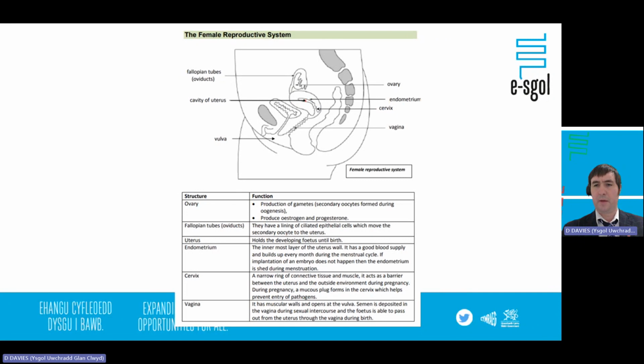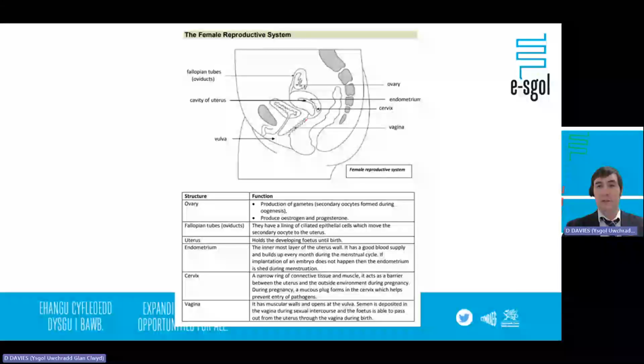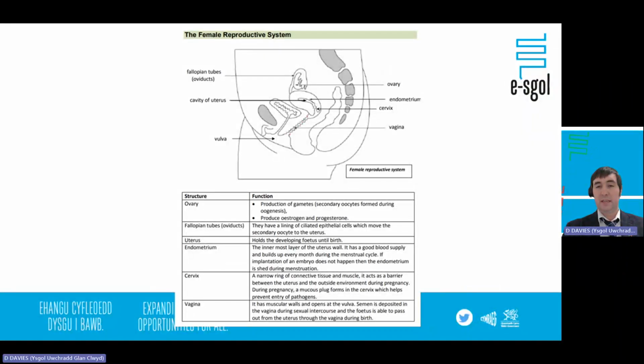goes into overdrive, basically. The cervix is not very obvious here, but the cervix is a ring of muscle at the base of the uterus. That ring of muscle is very strong, and that will maintain pregnancy. Basically it's the gateway to the uterus. That then joins onto the vagina. The vaginal passage here joins out onto where the vulva is. So that's just the passage that goes up towards the cervix and towards the